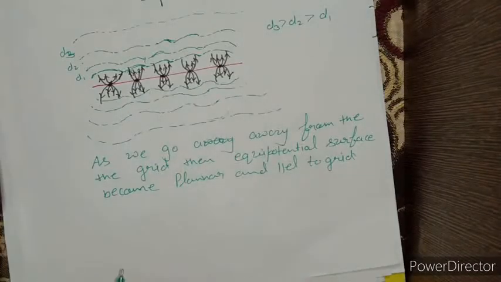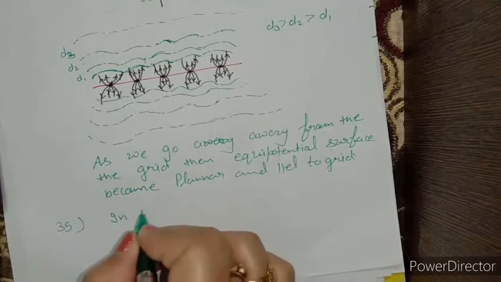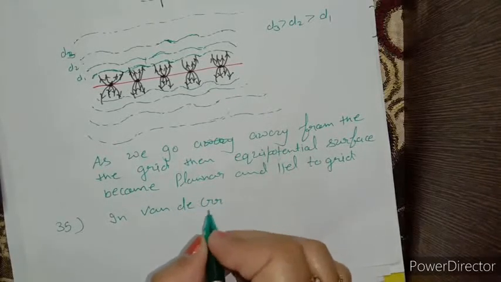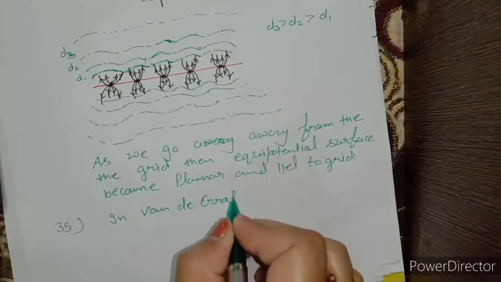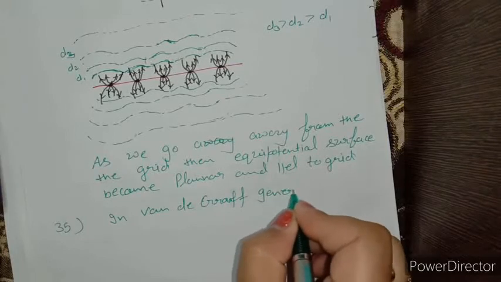Now question number 35. In a Van de Graaff type generator, a spherical metal shell is to be at 15 into 10 raised to power 6 volt electrodes. The dielectric strength is 5 into 10 raised to power 7 volt per meter. What is the minimum radius of the spherical shell required? So in the Van de Graaff generator, question number 35,